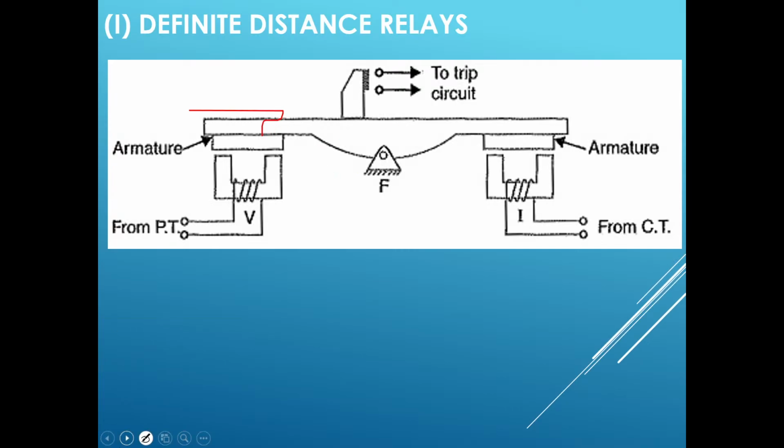So the torque that is developed in this electromagnet is restraining torque. The torque that is developed in this electromagnet is operating torque. So here this restraining torque will be proportional to the,